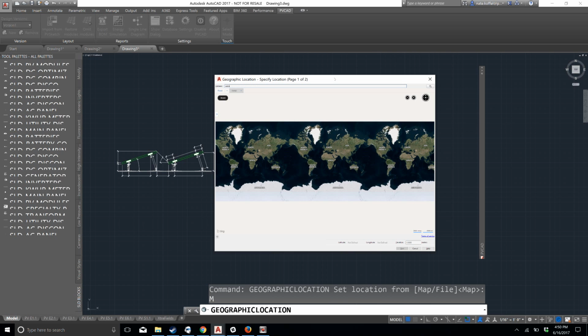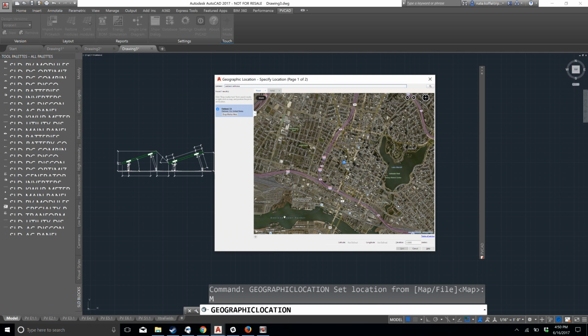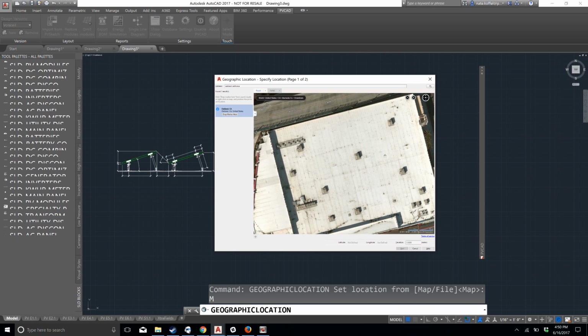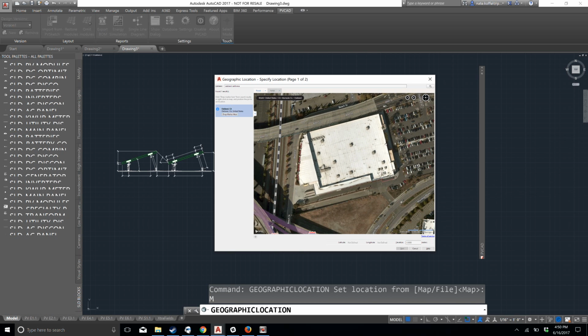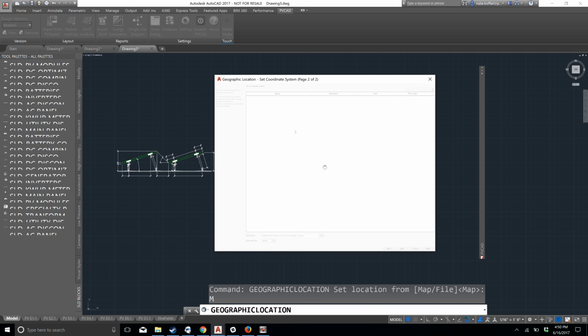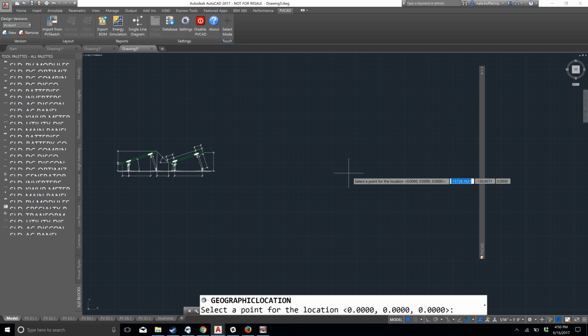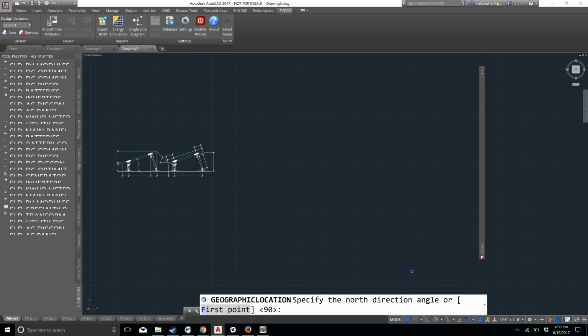At this point, you can type in any address on the globe. Say, okay, here is my location. You can pull up any rooftop. Say, here is the rooftop I'm working with. You're going to right-click on your mouse, drop a marker, click Next. Select the top set of coordinates, and then you can press Enter on your keyboard twice and it will bring in